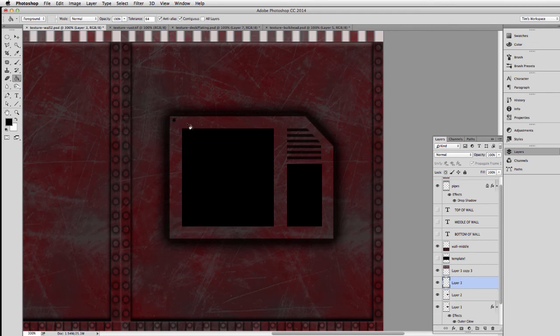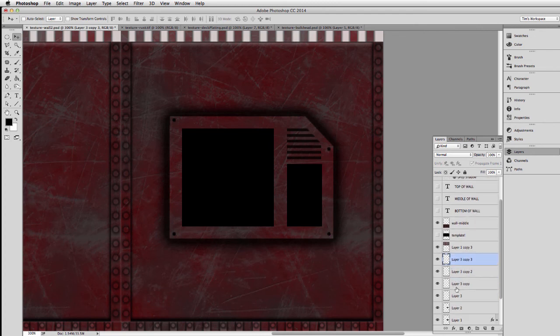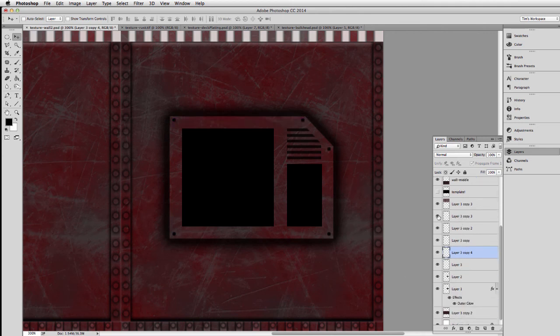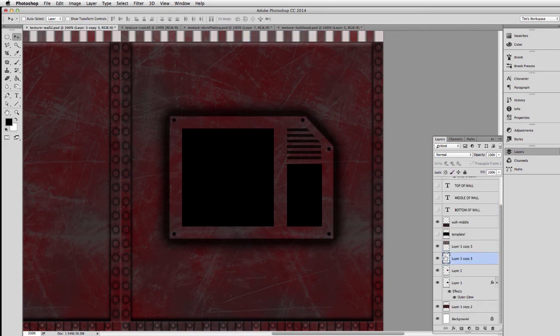I'm going to use the technique that I used before to make some bolts. Bring that over here. All right, there's some bolts. Going to collapse all of these layers here. Again, this is just a punch out. Select all of those right there, turn it invisible, go back down to my panel layer,